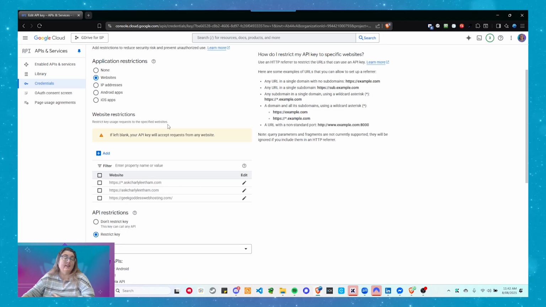If I have this key on a site that comes from a different URL to these, it's not going to work. It will actually say there is an error, we can't use this key. It'll throw up an error when you try to use it. On these sites, this key will operate.